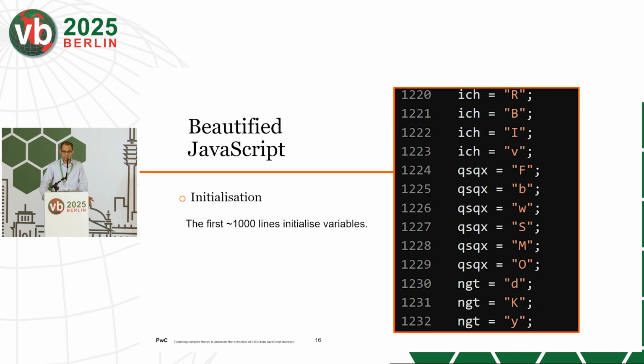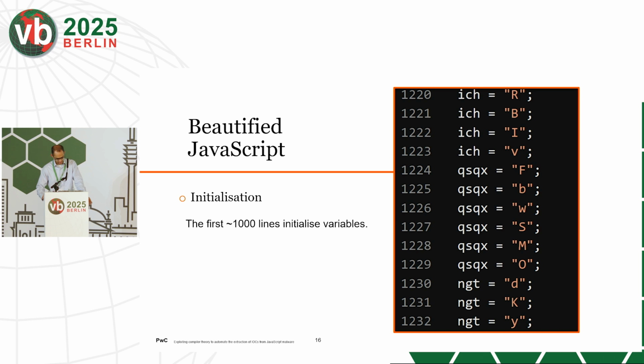The first pattern we see is that several variables are initialized over and over again. So the same variable is often repeatedly initialized. Now, obviously, only the last value that the variable is initialized to actually matters. So as you can see in the picture, ich is initialized to R, to B, to I, V. Obviously, I realize in German, ich means I, but they immediately overwrite that with V, just adding insult to injury. But sadly, we only care about what it's assigned to last, which is the letter V, as that overwrites